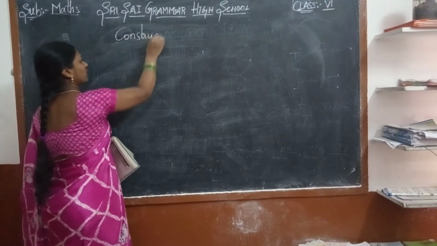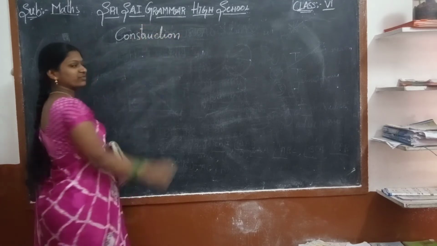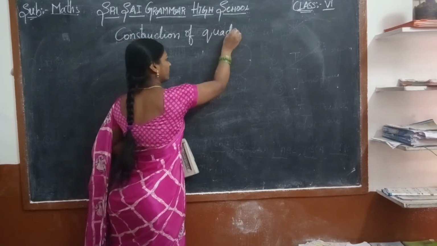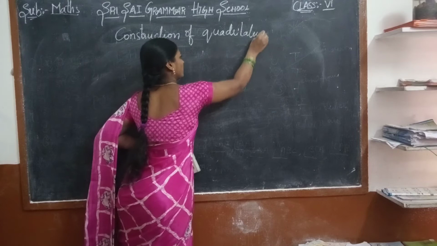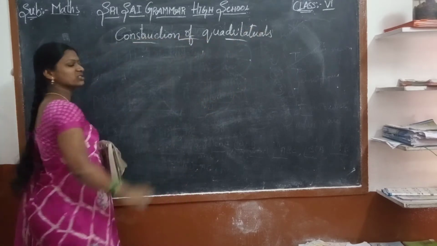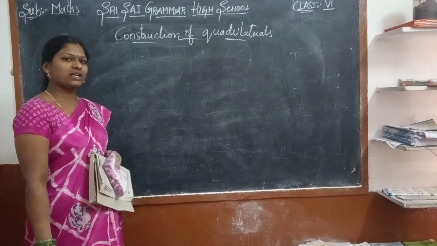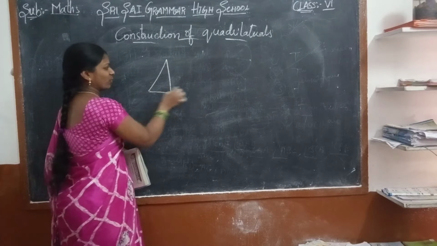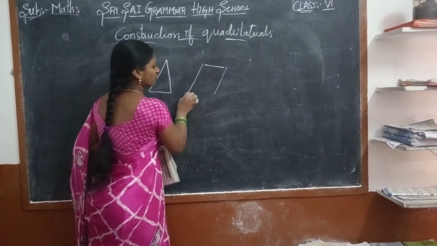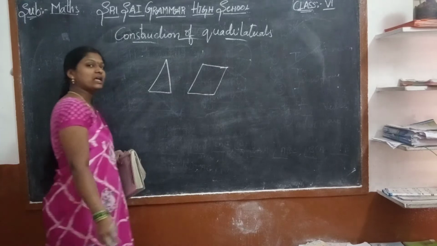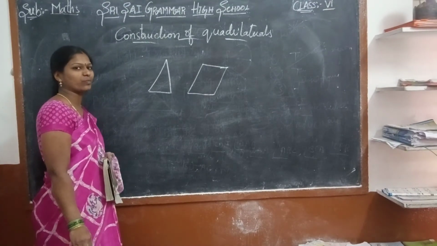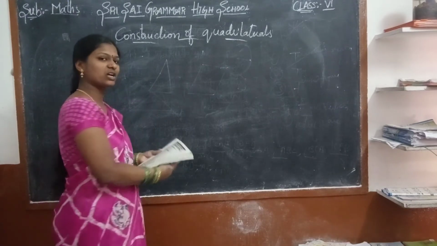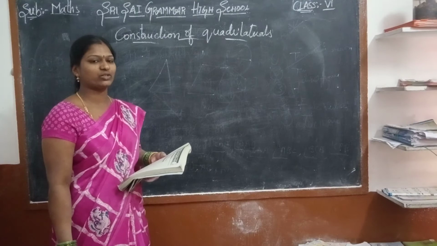In this chapter, we are going to learn briefly about quadrilaterals, and how to construct a quadrilateral from given points. We have learned in previous classes about triangles and quadrilaterals: how to join the points, how to represent them, how many vertices, sides and diagonals are present, and how to identify diagonals. But I am going to repeat it again.